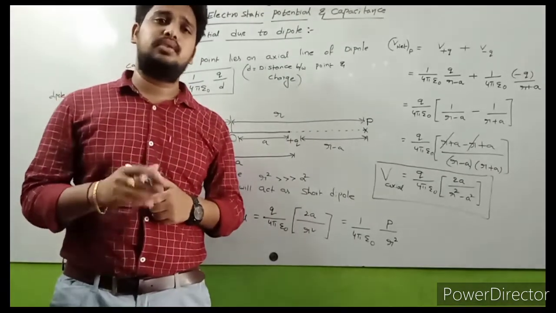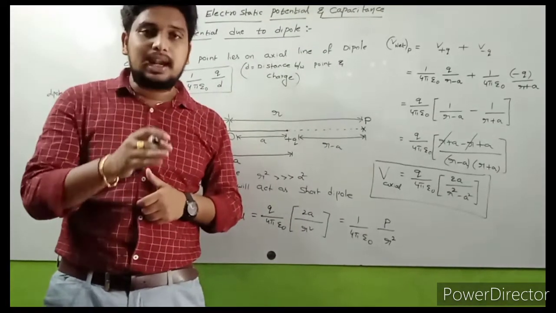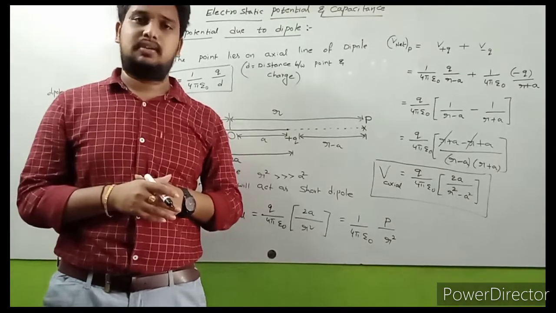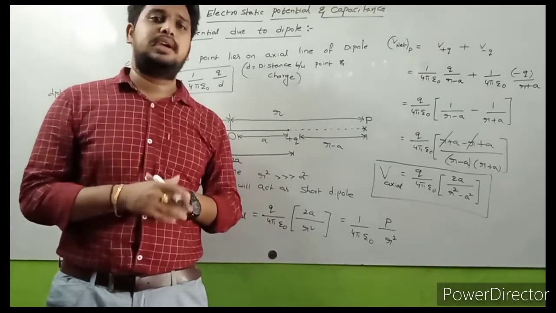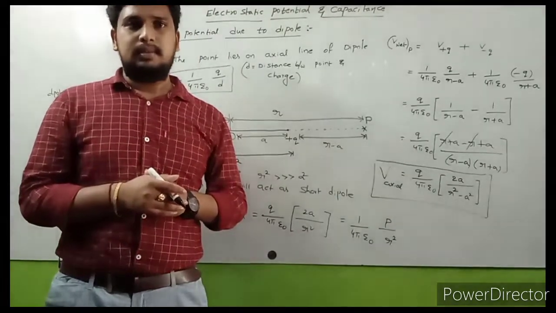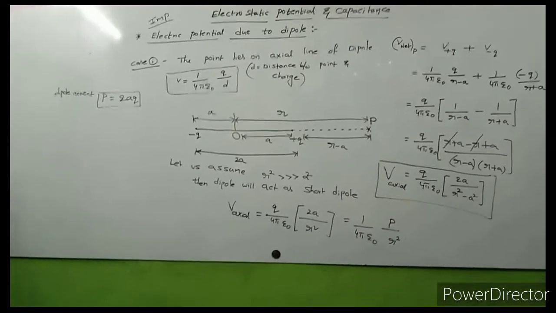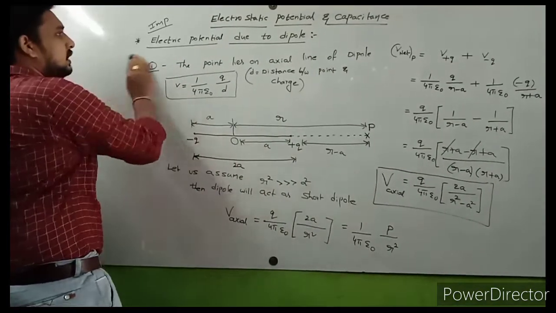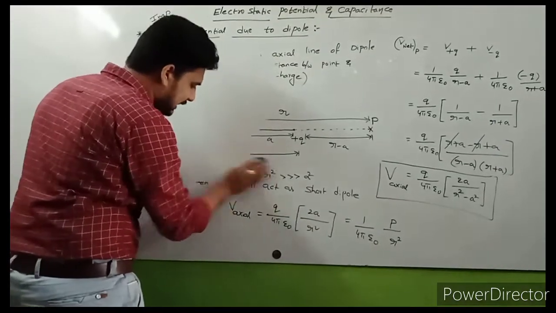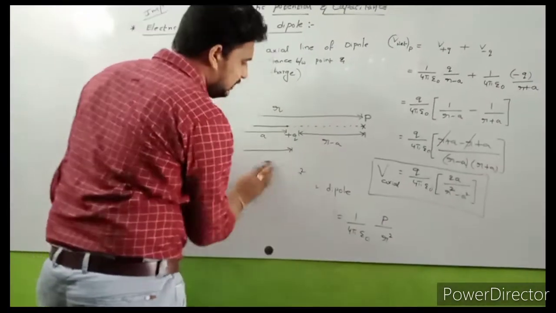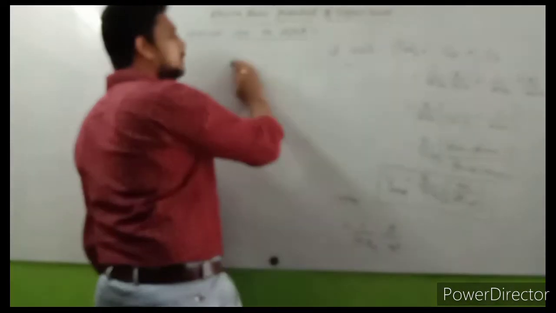Next we are going to discuss, if a point lies on the equatorial line of the dipole, then how the net potential acts on that point. Right, so case 1 is completed. If a point lies on the axial line of the dipole, the electric potential at that point, formula 1 by 4